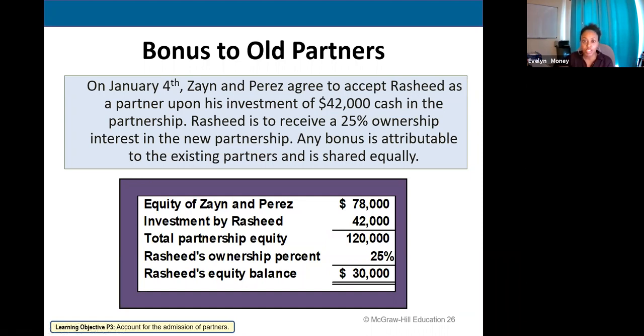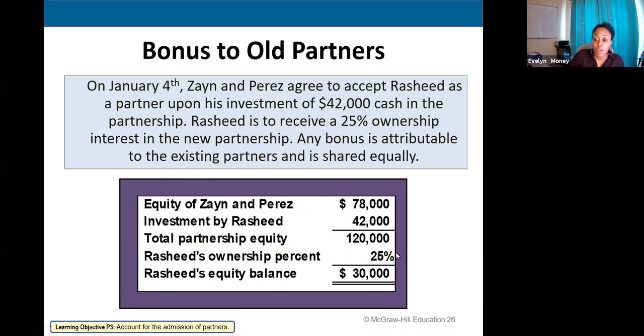Yes, I want to rush and do the entry and show that we have $42,000 coming in, but I don't know Rashid's capital balance. It's not necessarily $42,000. Let's do the math to see what it is. To determine the math, we take the equity of Zain and Perez, the old partners, and we add in what Rashid is bringing in,